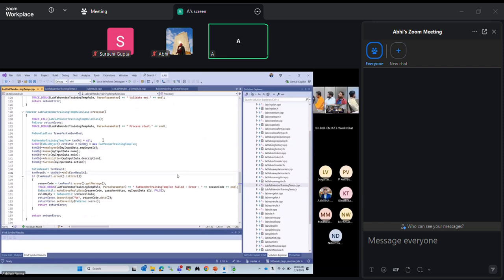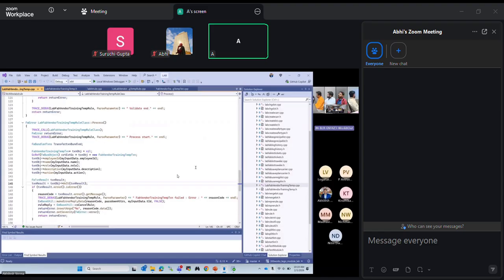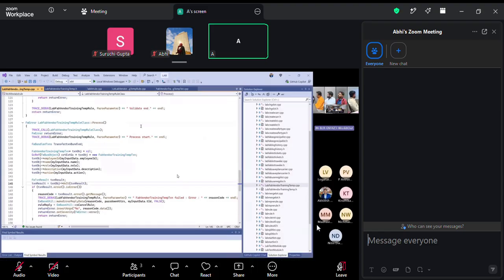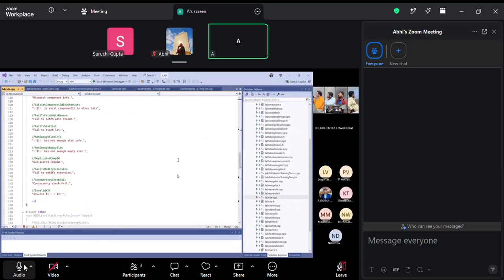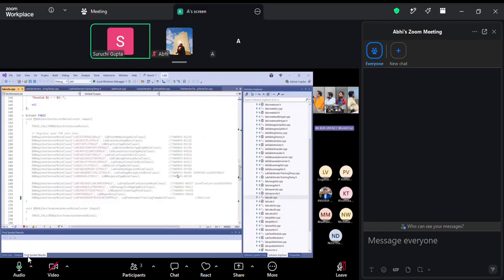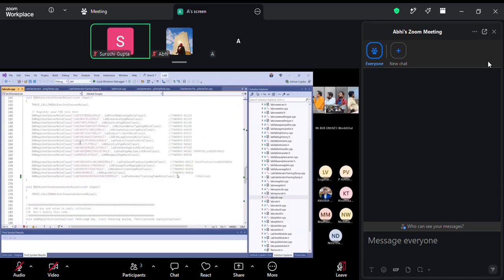Okay. Then once we have created this rule, we have to register it. So we have a common file. In code there are two